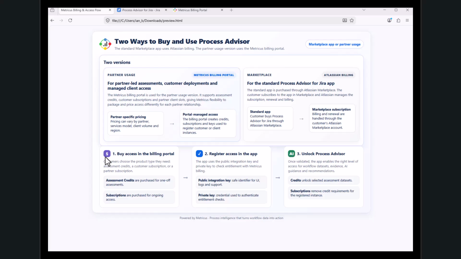Some of the major differences with the partner usage is that the pricing can be tailored, very specific. The different products can be customized. You've got all of the white branding, and then you can fully manage all of the billing yourself for the assessments that you might want to do and the customers that you might want to have to use it. The process is